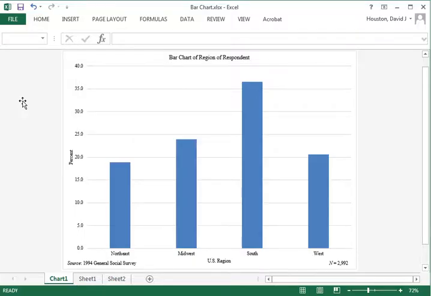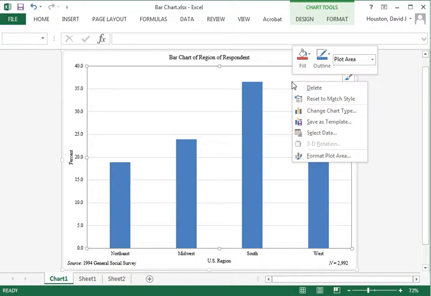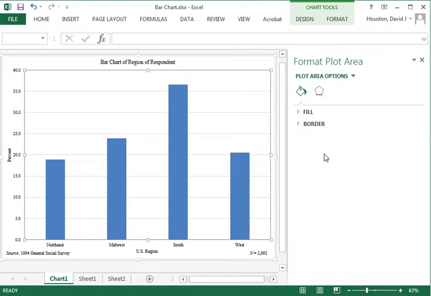The next thing that I like to do is put a border around the actual area where the data is being plotted. So here I'll move the cursor somewhere inside of the plot area. Click once with the left mouse button. You notice it's highlighted the inside, just that area itself, the plot area it's referred to as. With that highlighted, I'm going to click the right mouse button once, and come down to Format Plot Area. Click on that once, and now come the different options we have.